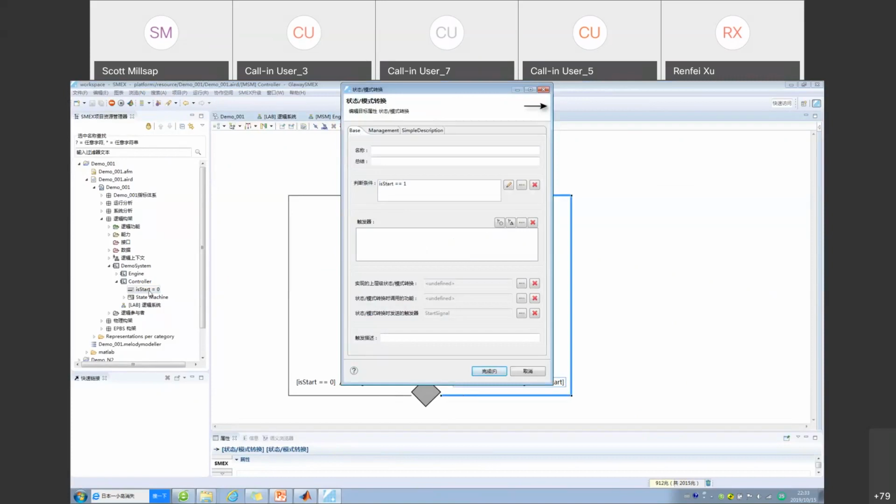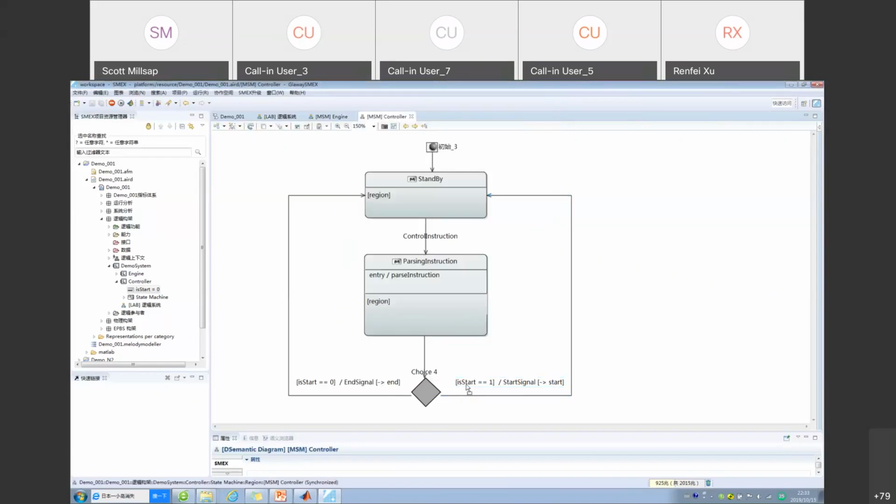This will reference to the property value 2. So if is start is 1, then it will send the start signal, and if is start is 0, it will send the end signal. And for the